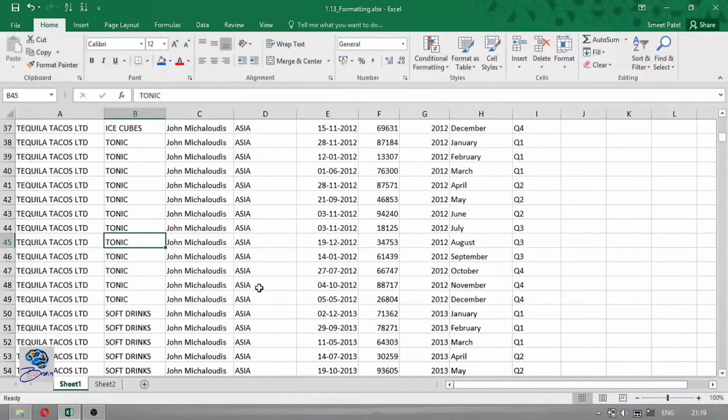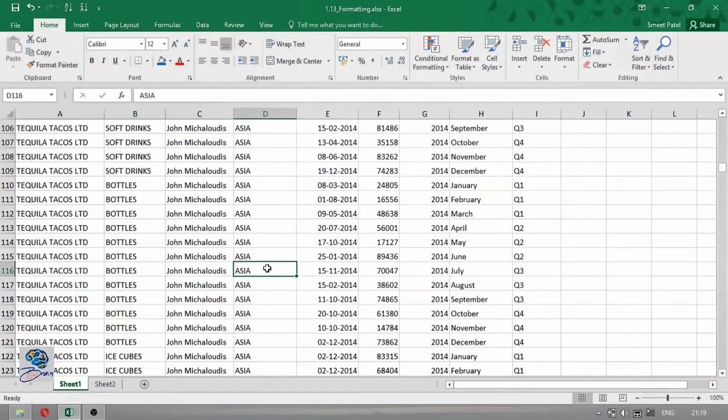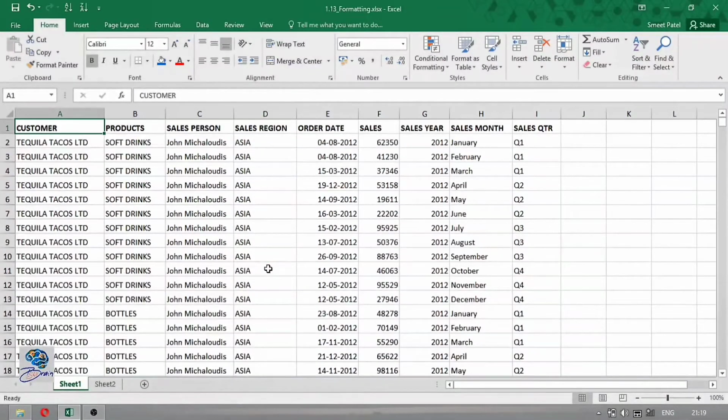Yes, like this. If you are in the middle of some big, huge data and you want to return to the first row, the A1 cell, you will be pressing on the keyboard the Control and Home buttons. Okay, you will be pressing Control and Home, so you will be directed to the first row of the sheet.